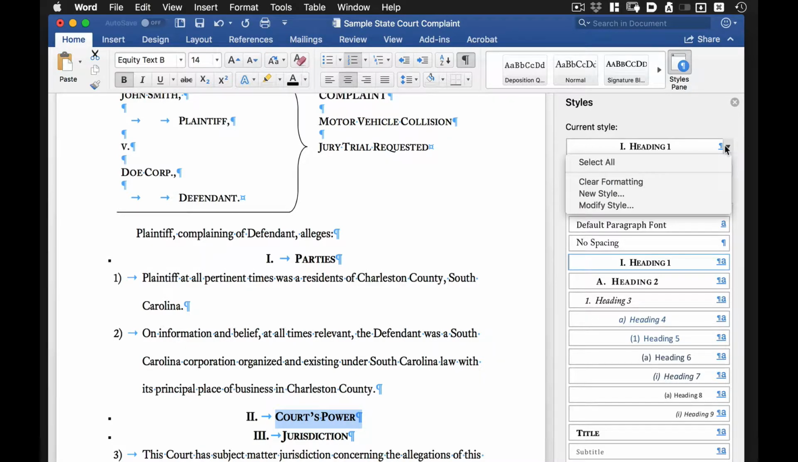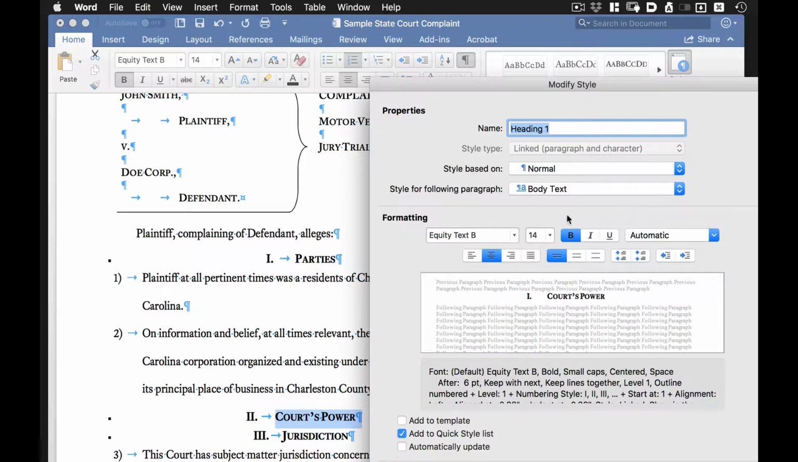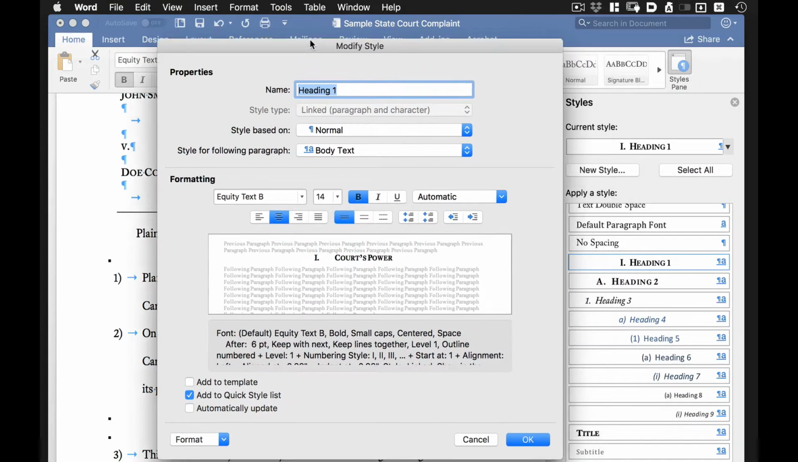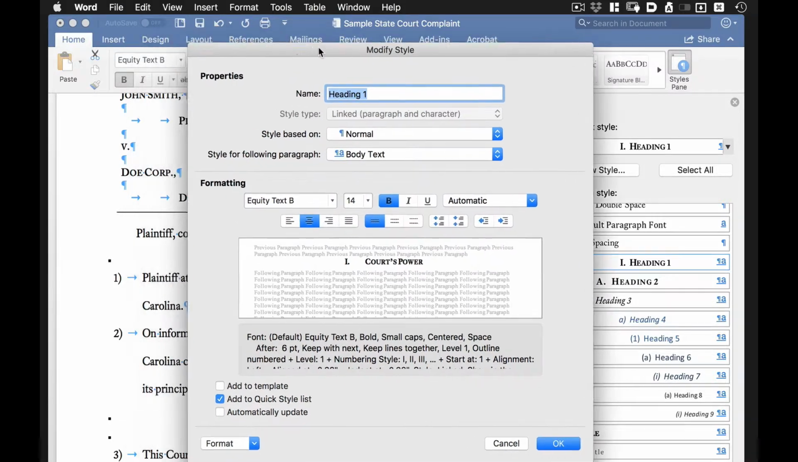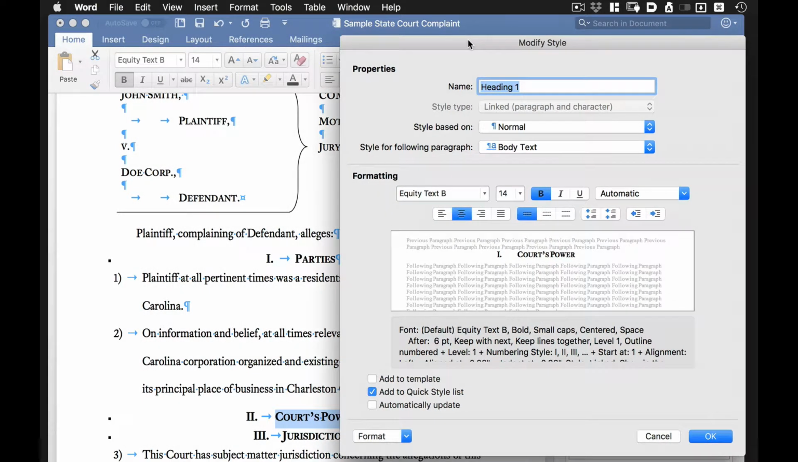If we click on Heading 1, which is the current style, and click on Modify Style, we can see information about that particular heading. We can see that the style has a particular text format, a font size, it's bold, it's centered, it's single-spaced, and so on. And if we modify this particular heading style, it will affect all items within the document that have that heading